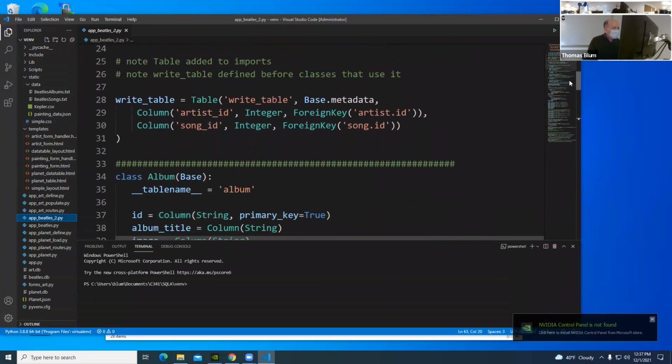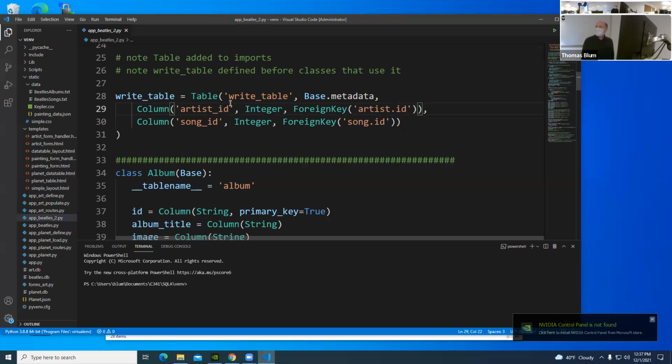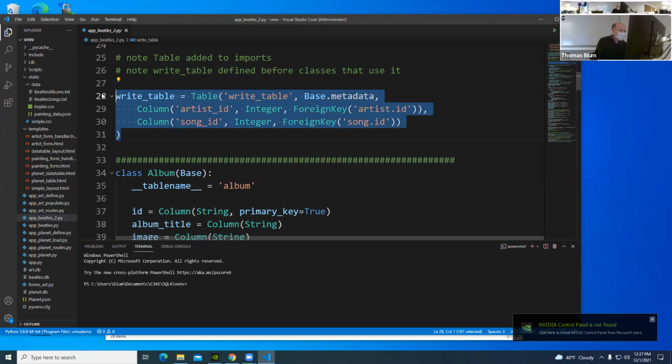And we've seen a lot of this stuff before. There was a table, there's a many-to-many relationship between the artist and the song. Most of the Beatles songs are thought to be written by the combination of McCartney and Lennon. And so most of the songs were written by many, meaning more than one artist, and the artist wrote more than one song, so it's a many-to-many relationship. And one way to do that is to have this association table. And so this is the table that establishes the many-to-many relationship. So there's an artist ID and a song ID, they're both foreign keys.